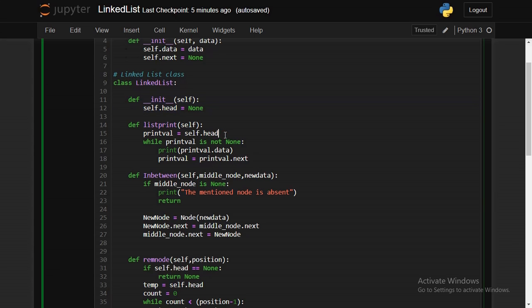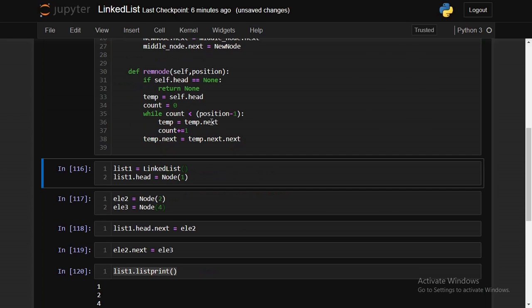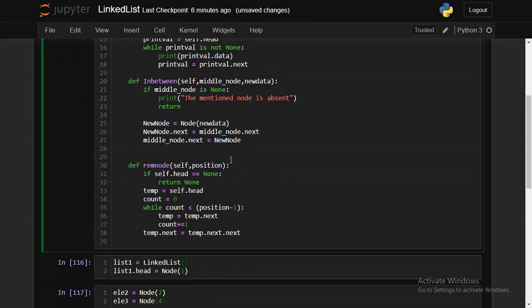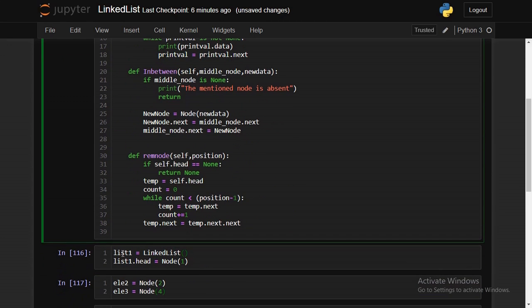And coming to insertion or deletion in a linked list, first we have to populate a linked list, right? How do we populate a linked list? I'll show you. I'll execute this once. Now we actually create an object of the class. The class name is LinkedList, and we try to create an object of that class.